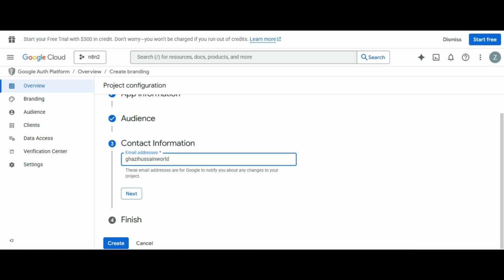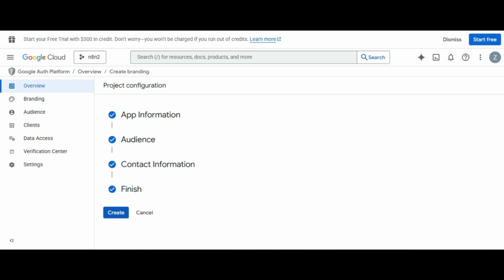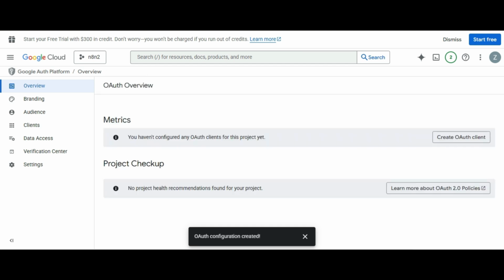I write my Gmail, and I will click on next, and now you can continue and create. Now we have created our app.